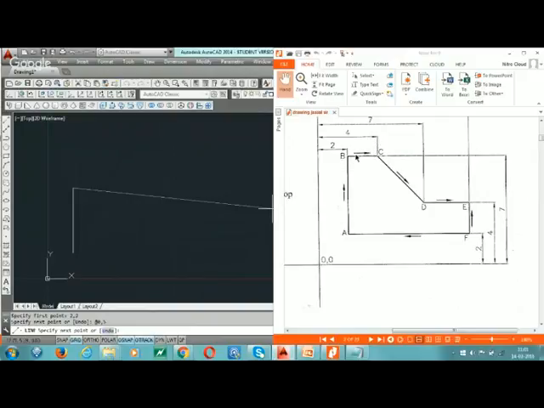Now for C point our Y is going to be 0 and X is 2. Then again use @. Here X is 2, 0. Enter. For D point we are going to be negative because our origin is at C point.